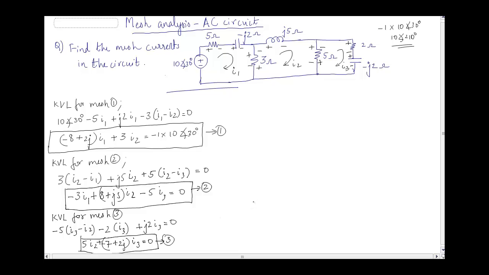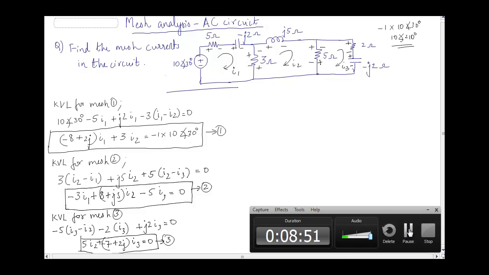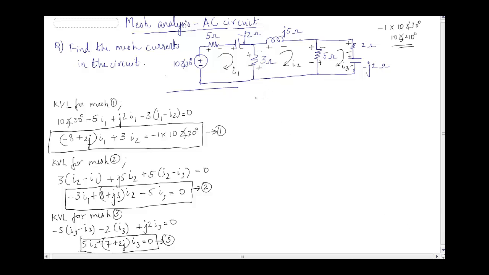Now based on this, I can basically solve the simultaneous equation to get the answer, but as we all know, for imaginary or complex values, it is not possible to carry out the solution of simultaneous equations with the help of a calculator. We have to do it with the help of matrices. In matrix form, we can write this one as